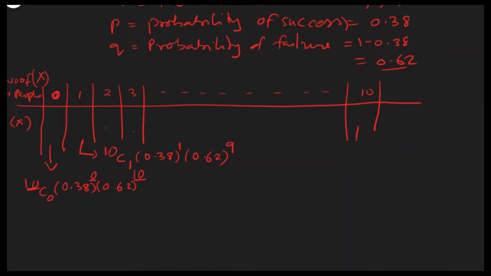Let me write the last one: 10C10, and success 0.38 to the power 10. All 10 are successes, meaning all 10 people are left-handed and none is right-handed. Okay, so now the question was, what is the probability that at least two of them are